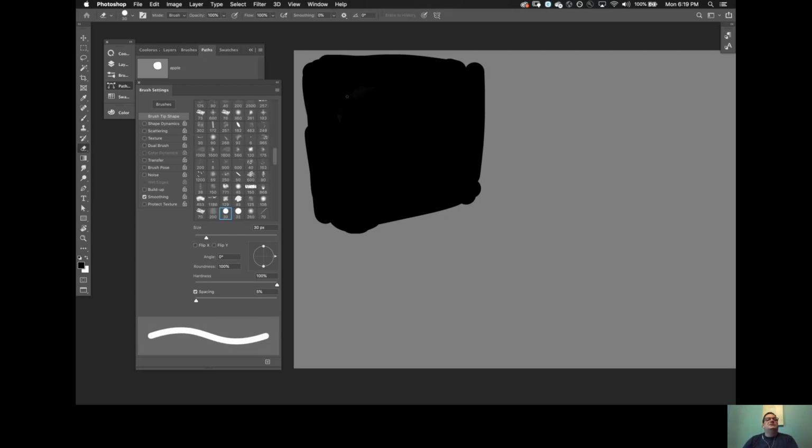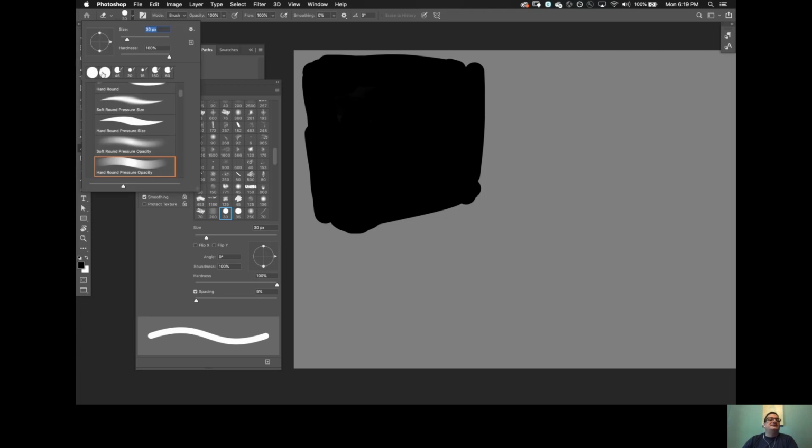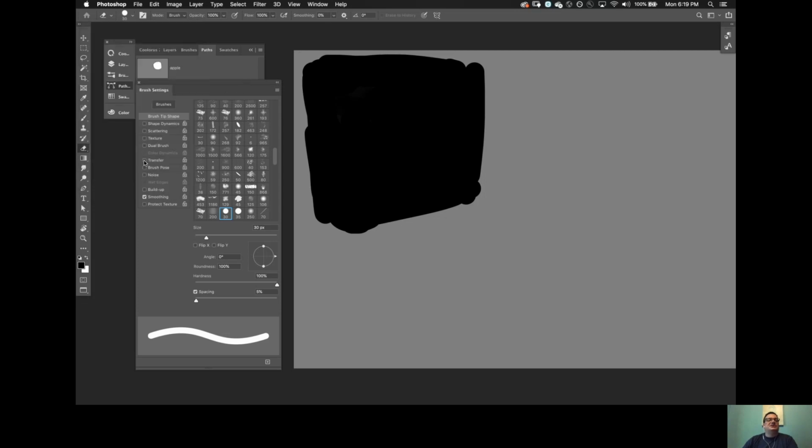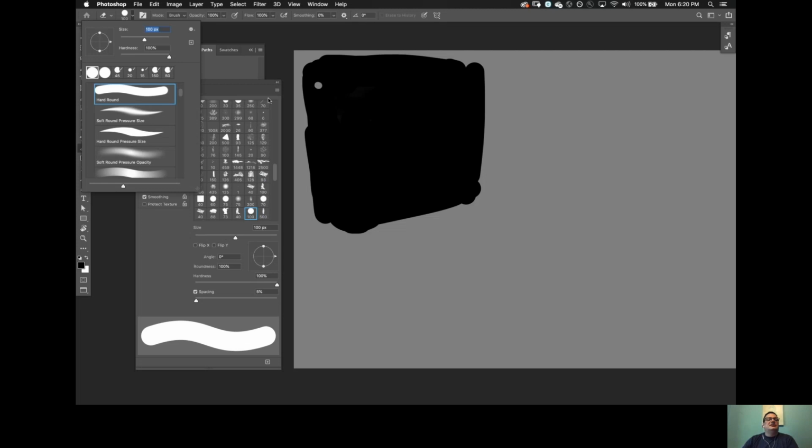The other tool we're going to use is the eraser tool. So press E and just do the same thing. In the brush shapes, try to find just the basic white circle like this, hard round, and then do the same thing as before. Make sure that transfer is not selected, and make sure the flow and the opacity are at full. And the reason for this is, again, what I'm trying to get you to do here is